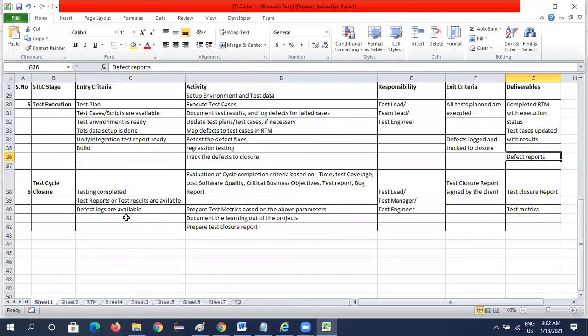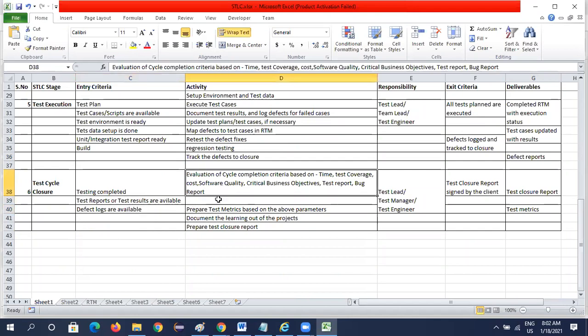So here in our test execution, we have completed the test execution and we move to test cycle closure. In test cycle closure, the last step is that testing is completed, test reports or test results are available, and defect logs are available.